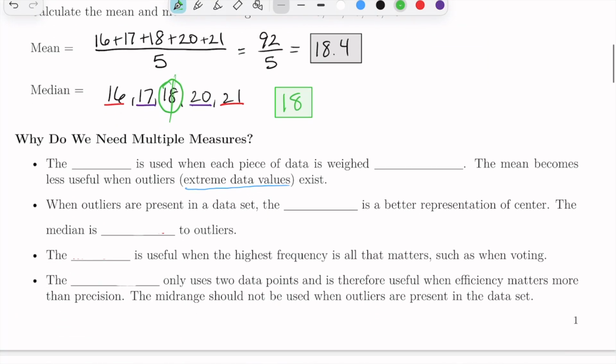Okay. Now, these are several different types of averages, or what I would say is a typical way to describe the data set. So each of them is used at different times. For example, the mean is used when each piece of data is weighed equally. We use the mean a lot, and it's probably the one you're most familiar with. It's not really useful when we talk about extreme outliers, though. For example,